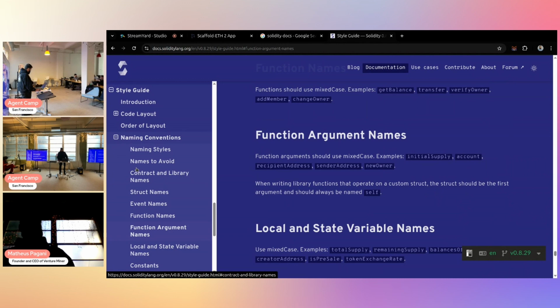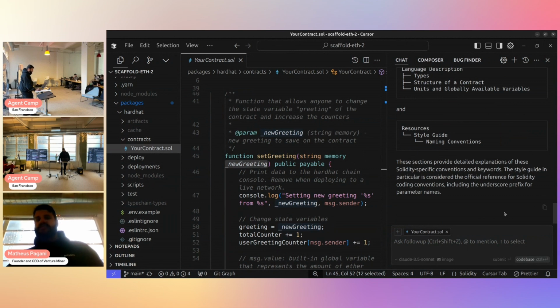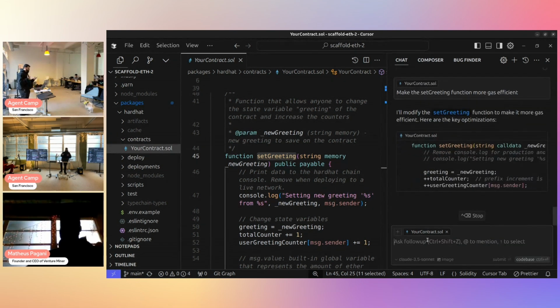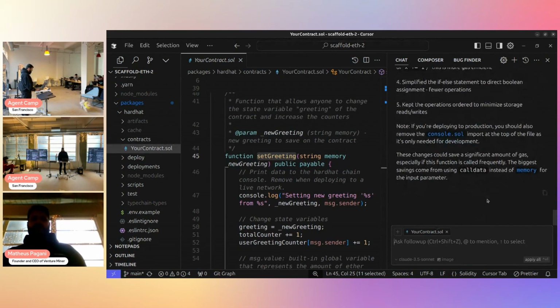Sounds good, right? But of course, it's not going to stop there. It can go and do things for you too. You can ask here in the chat, for example, make the set greeting function more gas efficient. So this would be chatting with you, suggesting the changes that you can implement or not.